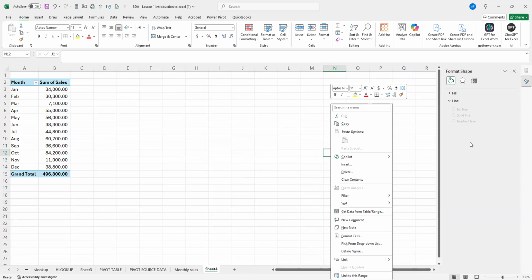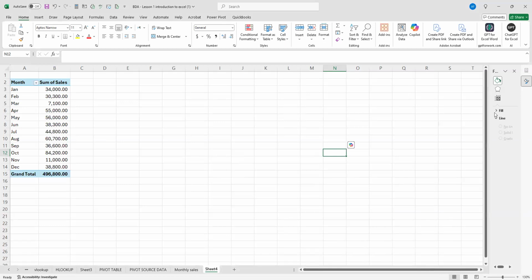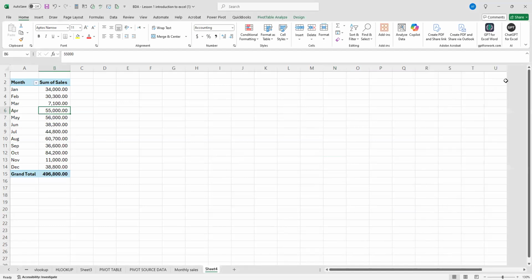So maybe your case, let me see. So once you clicked this table, you're saying these items are not appearing, like you are not seeing anything? Yeah, there's nothing. So what you need to do, come to our table,